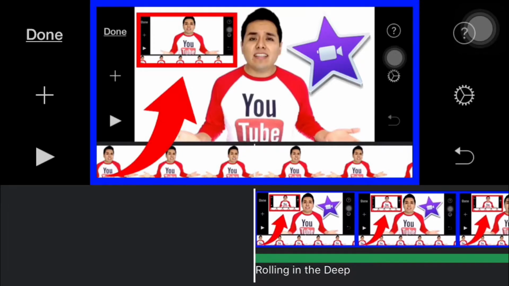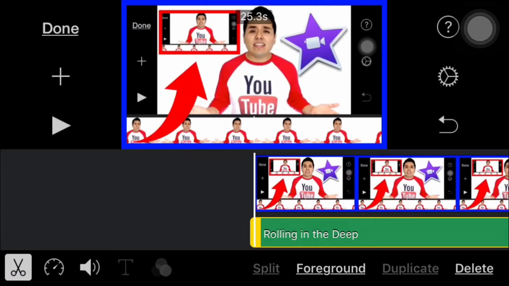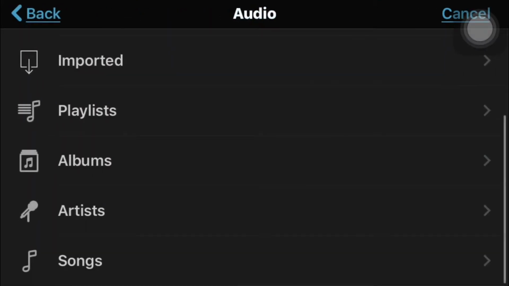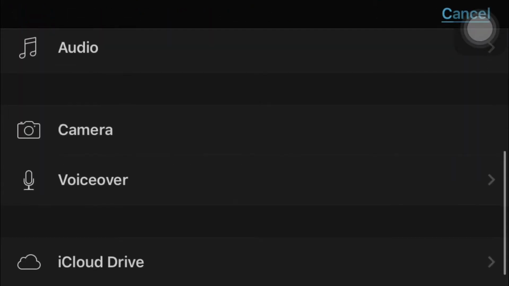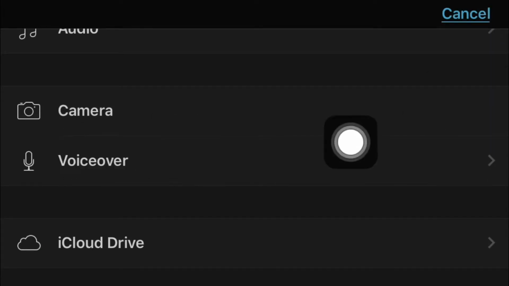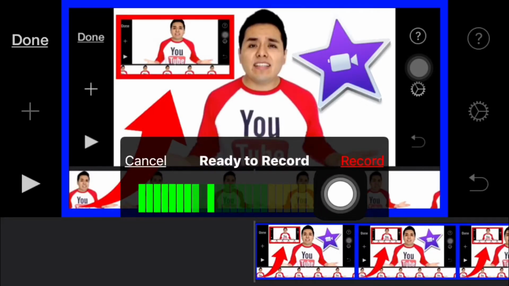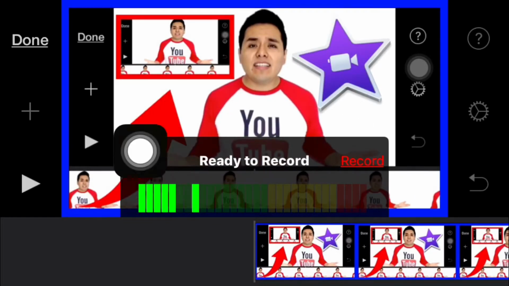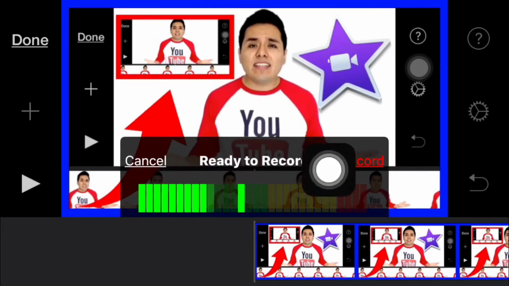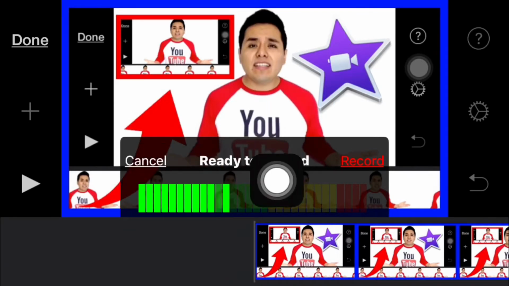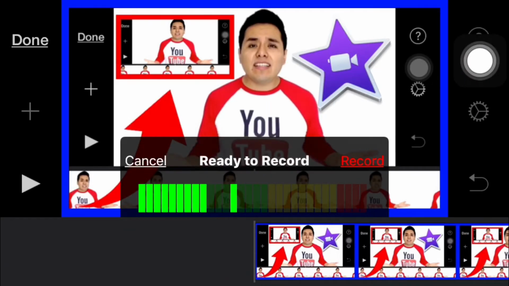But let's say that you also want to add some voiceover. I'm just gonna delete this file. Then I'm just gonna tap on the plus sign, go back, and then go back again, sorry. And then you're gonna find this option right here which says voiceover. And as you can see, you're gonna see these tools right here, this bar, and it's detecting the sound. So you have 2 options, cancel or record. In this case, I'm just gonna tap record,